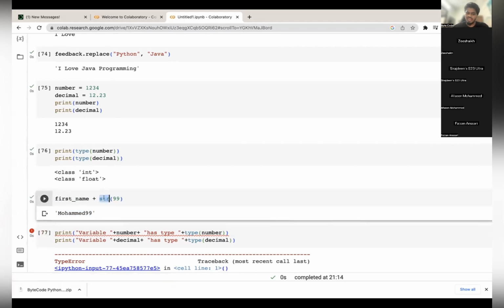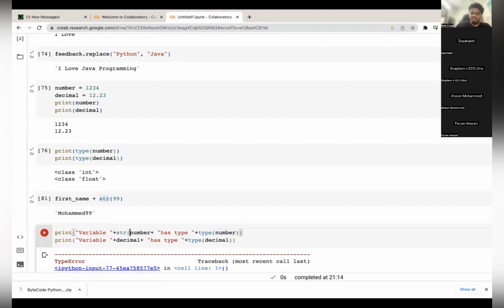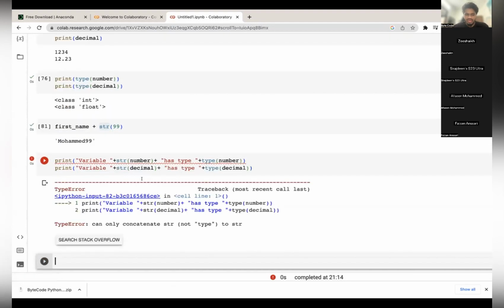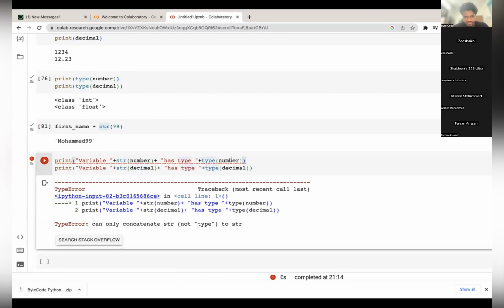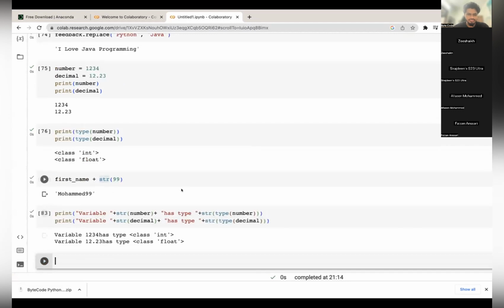Similarly, I will use the str function, which is the string function, on both sides. Now it is again saying, okay, wait, string of number, and I have also the string of this.